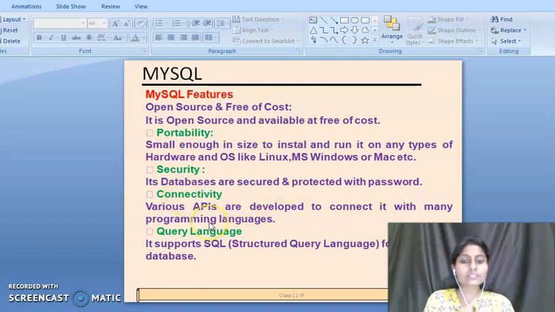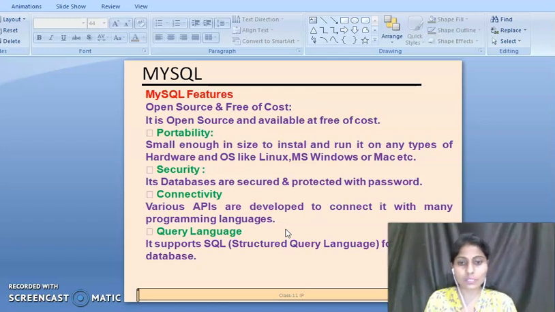Connectivity: various application program interfaces are developed to connect it with many programming languages. So connectivity with MySQL is very easy. Different types of programming languages use MySQL as a database to store data.